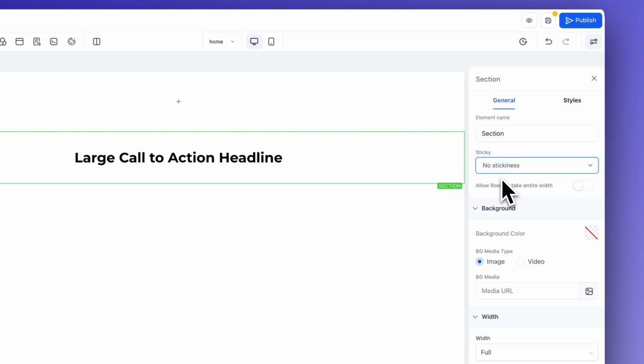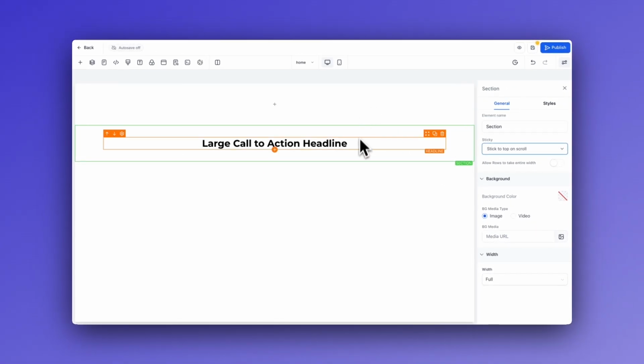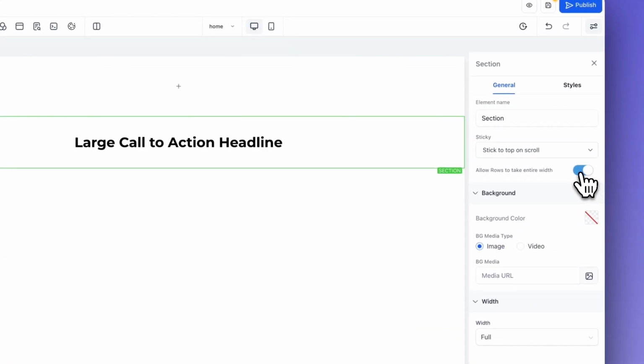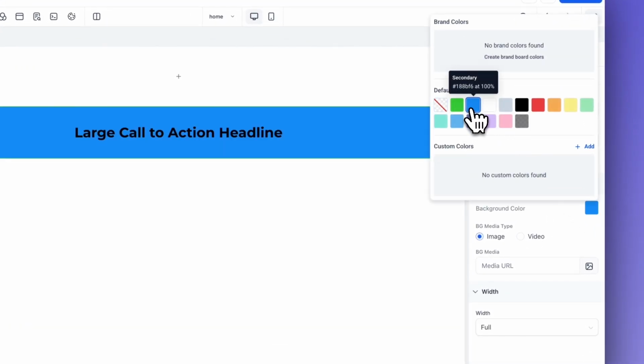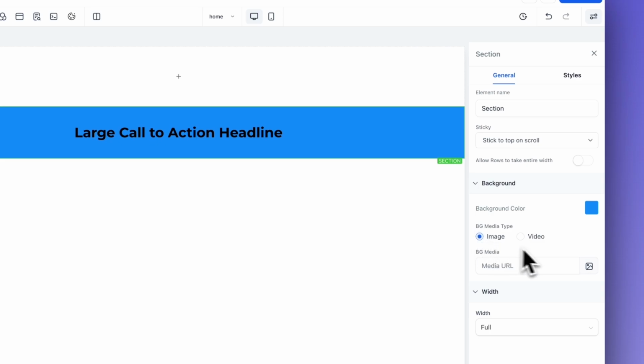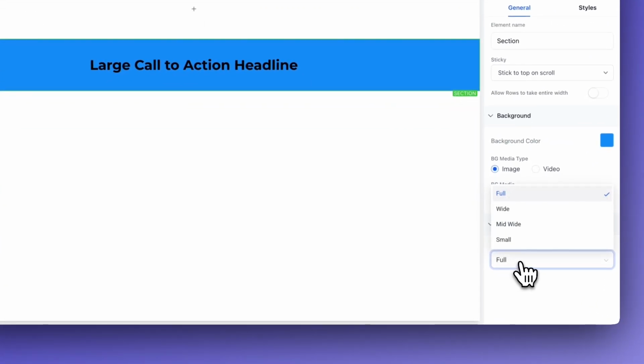If you click tick to top on scroll, then this section will be fixed on top, and when you scroll, it will remain in that position. Very, very good for navigation menus. If you check this allow rows to take the entire width, basically it will stretch the section to fill in your entire screen. By default, it is turned off. You can also change the background. For example, let's make it blue. You can also add an image or a video as a background, and you can change its width, full, wide,